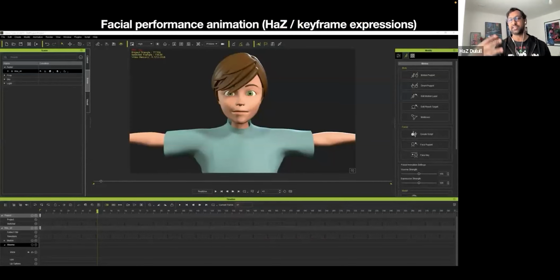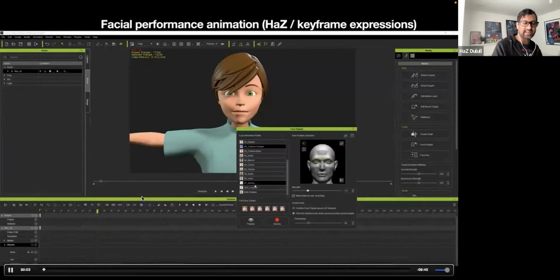So we wanted to be able to go hyper expressive, and we found iClone was really good because, again, we're not animators, so we don't have a team of rigging artists or animation TDs. So we had to find a solution that worked for the artist and myself. So this is an example of how we were using iClone. And we use things like the expression editor to create our expressions. But then we can motion mix those expressions as well.